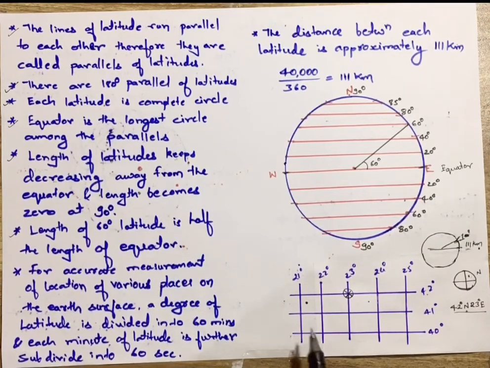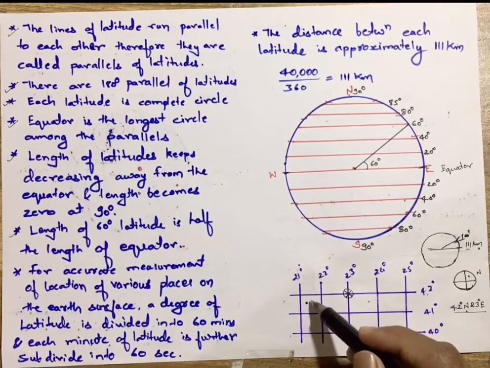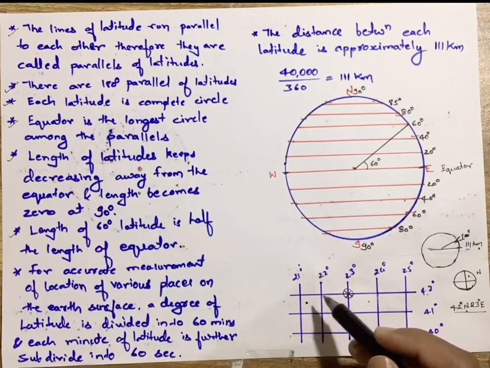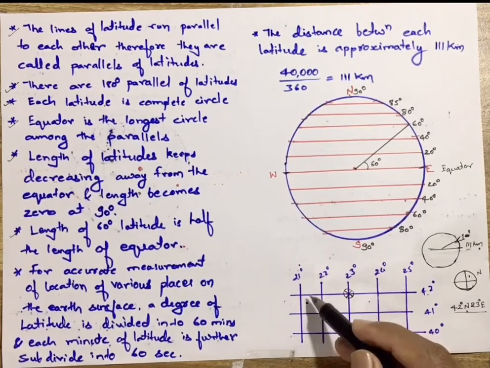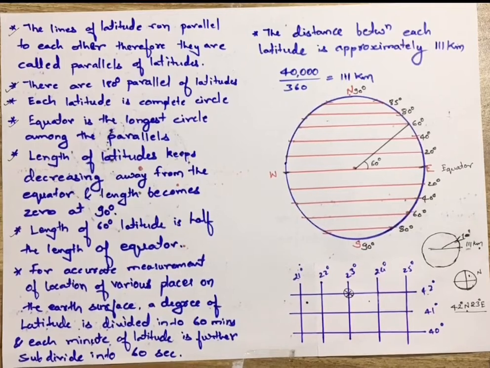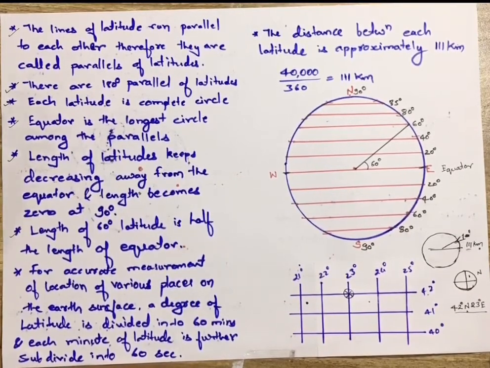But suppose you want to find out the location of this place, which is exactly in between 2 degrees, you can see over here 21 degree and 22 degree. Now it is not lying on either the latitudinal line or the longitudinal line. Then how do we find out the location of this place? What you need to do is, again, 1 degree is further divided into 60 minutes, right? So you need to divide this gap equally into 60 divisions. That is nothing but 60 minutes. Now you will see how I have done this.